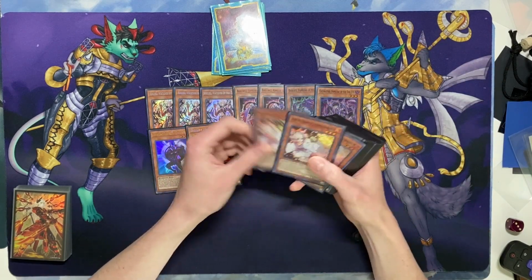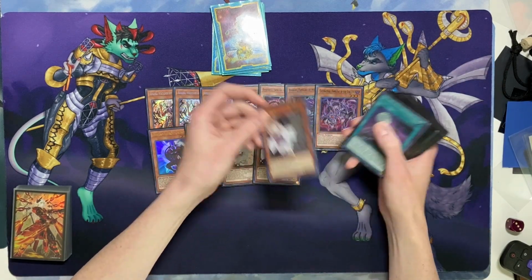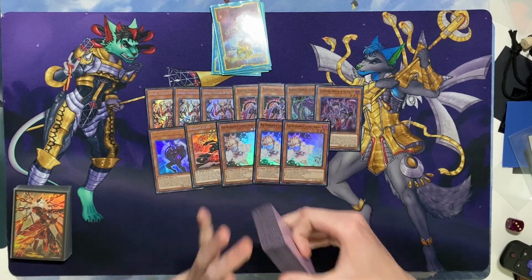And then the only monster hand trap main decking is 3 copies of Ash Blossom. You need Ash. Branded is a really...